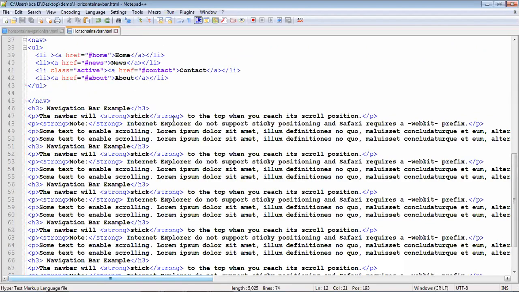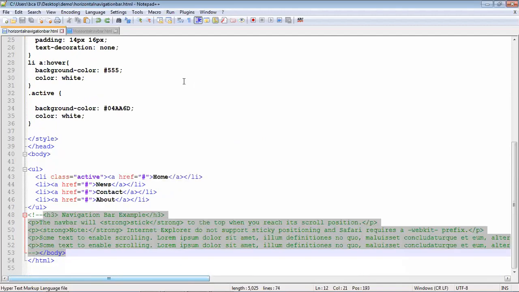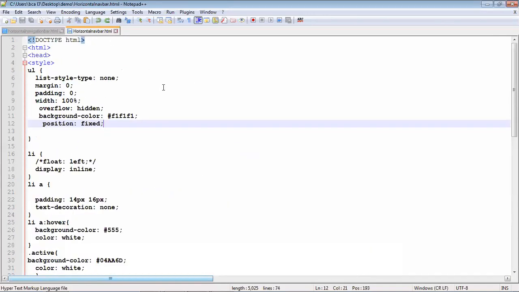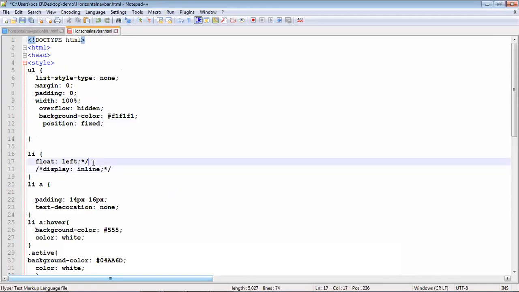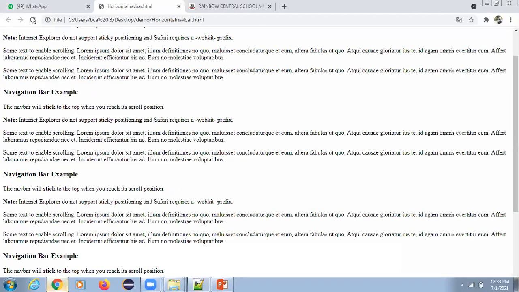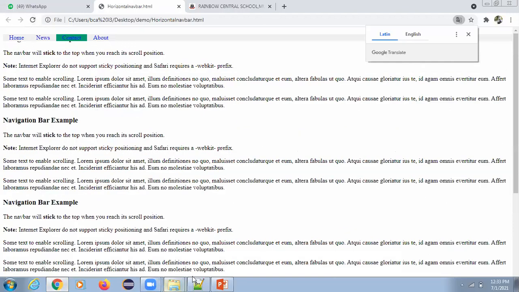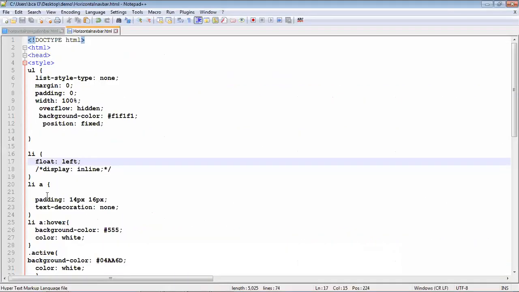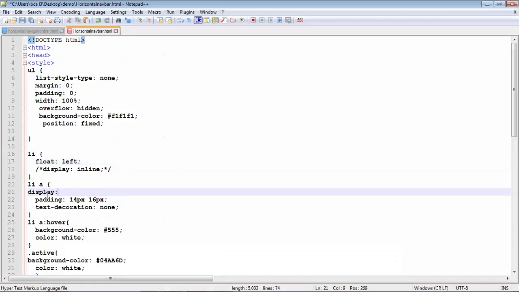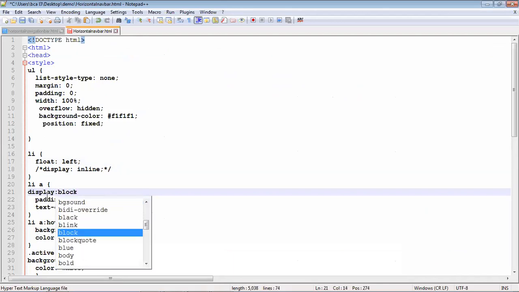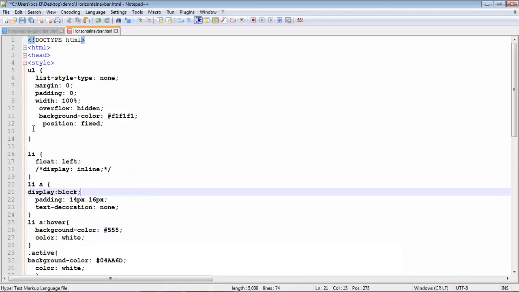And next, any other property. This is the horizontal bar we got. Again I will use float left. I will come to the display property, so I will remove this one. Here you can give display block, and you will get a bigger size for the anchor tags.